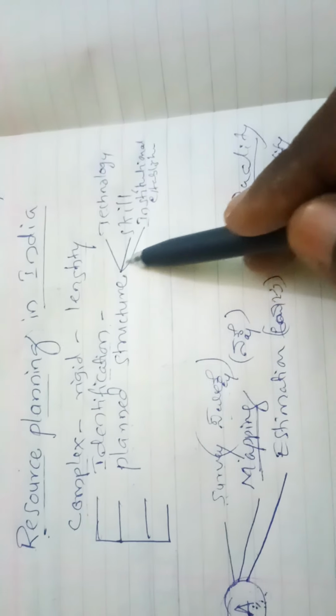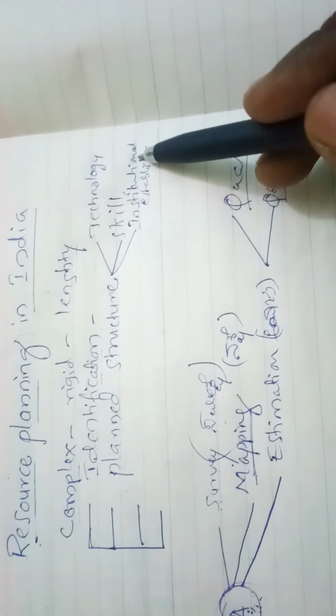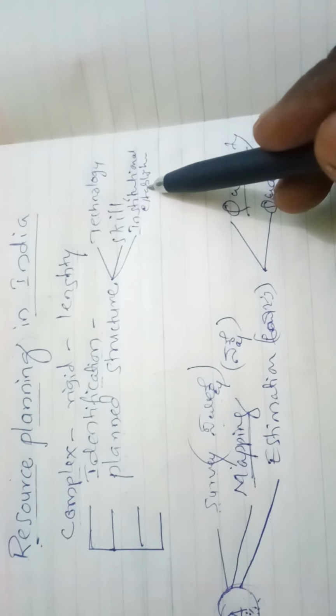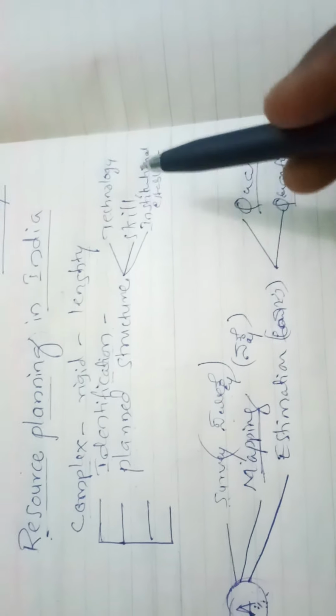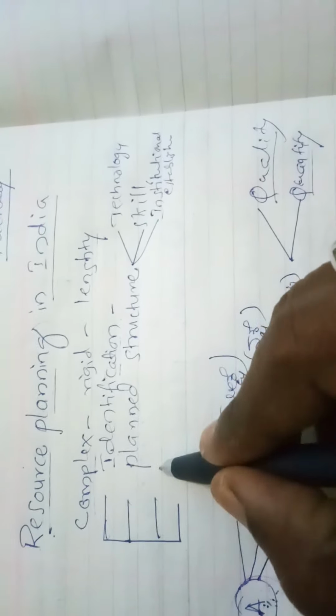Then along with that, various institutional establishments are also given importance. That is the second stage. Then the fourth one,